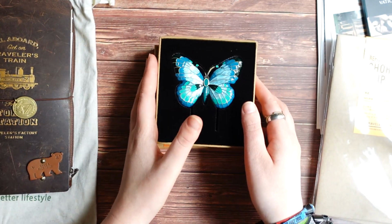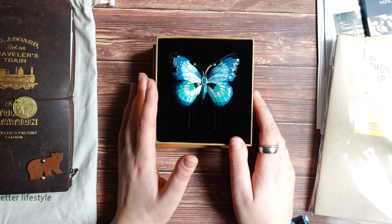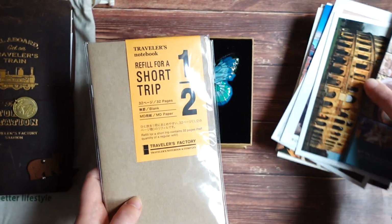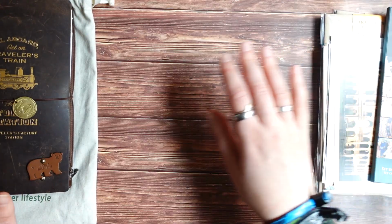I went to a few more stationery shops there, but I didn't find anything really interesting or special, and I just didn't want to buy some completely random things. Yeah, so that's all what I bought